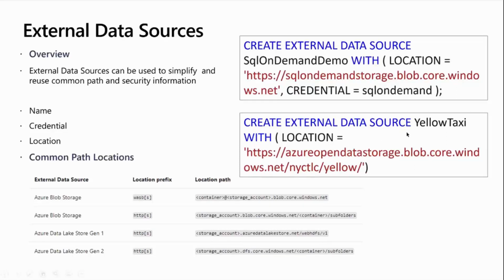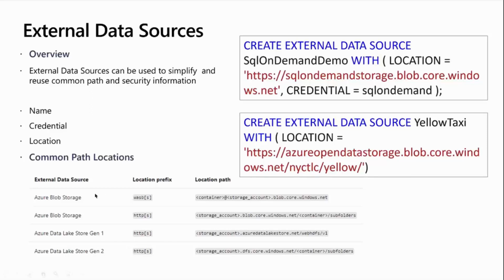and then that'll work. So in this case, Azure actually provides this yellow taxi data set for us, and it's a read-only anonymous storage account. So I can actually mount that storage account from within my serverless. Even though that Azure Synapse workspace is in my Azure account, there's nothing to prevent me, assuming I have access, from using other storage accounts that could be in my subscription, could be in Mark's subscription, could be in Azure's subscription. As long as I have a credential or they allow anonymous access, I can pull that data into my Synapse